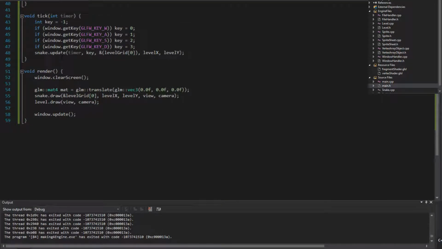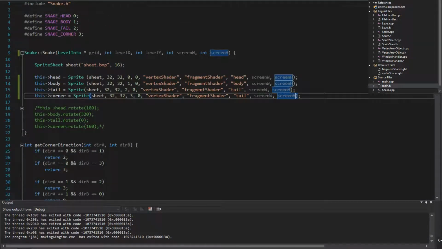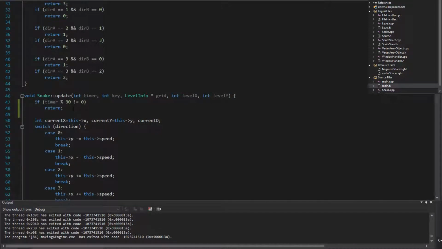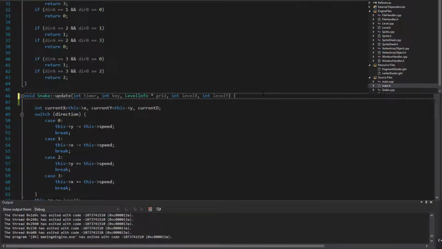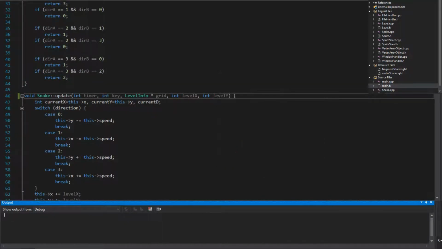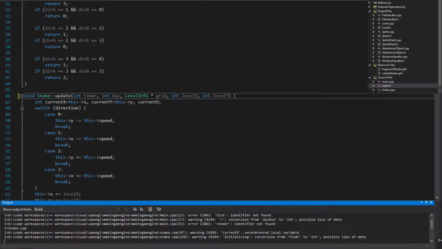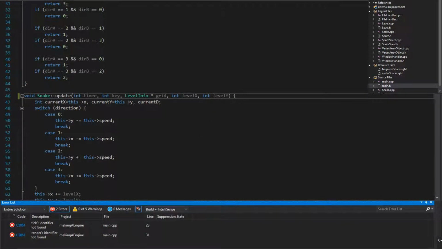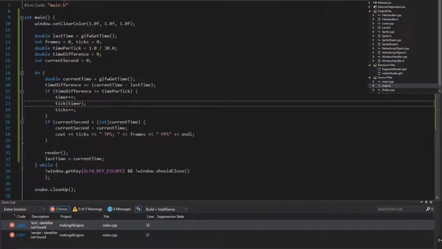When we run this now, we need to go into snake.cpp, sorry, and remove this bit. So the snake's going to move a lot quicker now, but hopefully should still only move at 30 ticks per second. No, because there's build errors. Of course there's build errors. Tick identifier not found. Tick. Oh, because